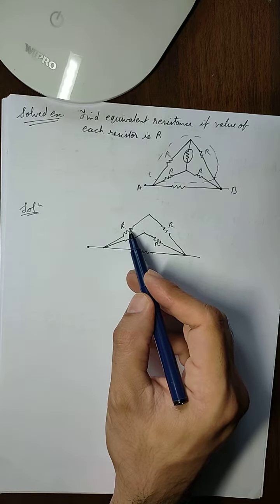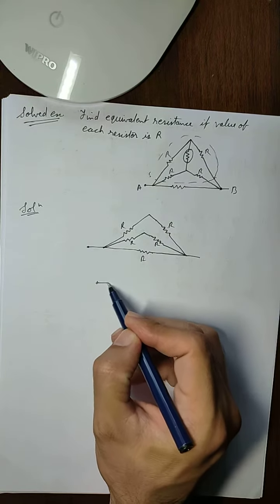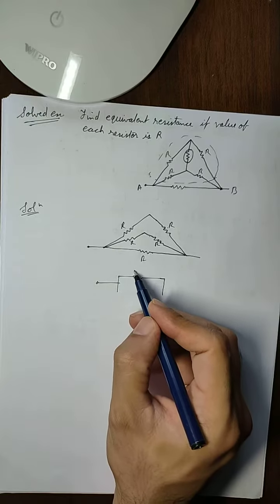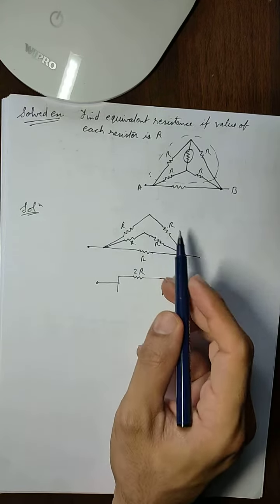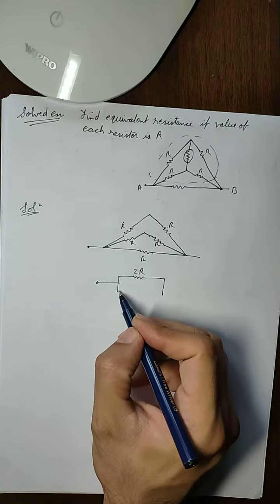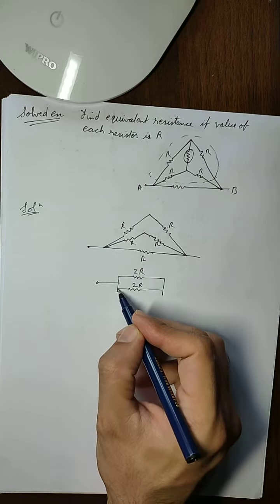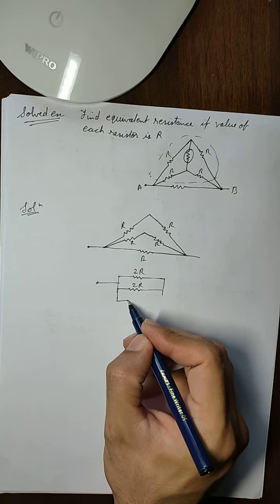So the equivalent resistance of this branch will be equal to 2R because they are in series. In the middle branch also, it will be equal to 2R, and the lowermost branch